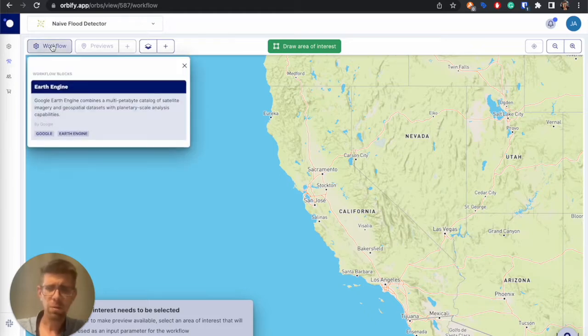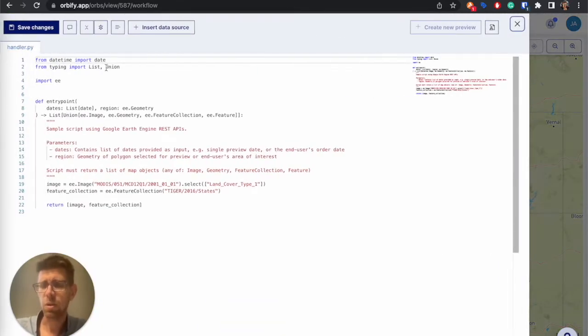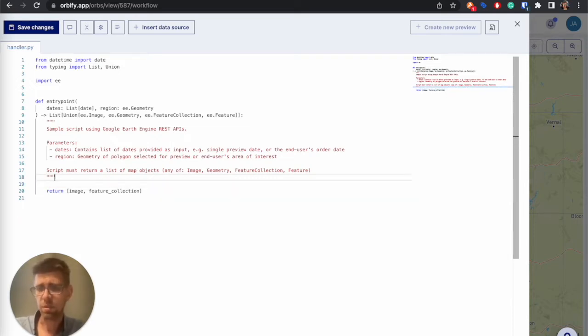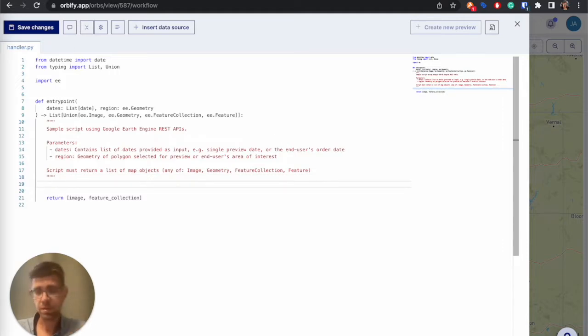Now, when I open the workflow, I will see the code that was generated for us, basic code. So the input is a list of dates selected by the user when they are using the workflow, and a region selected by the user when launching the app. And we are returning the image, we're returning a feature collection, vector data. We also may return a legend. Those lines won't be needed anymore for us,